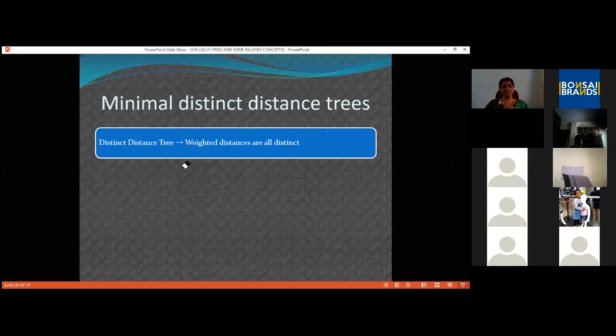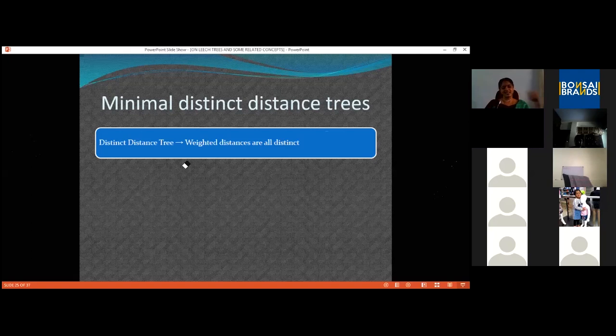Path weight means the sum of values assigned to the edges. And a distinct distance tree means each path weight is different. Each path weight is distinct. There is no restriction that they are precisely 1, 2, etc. The only thing is that they need to be different.